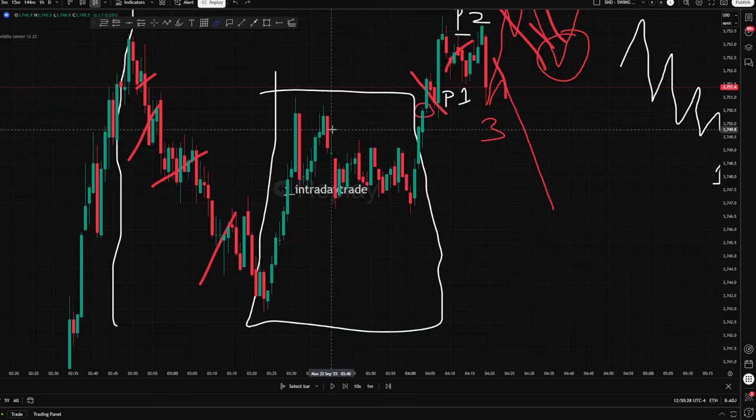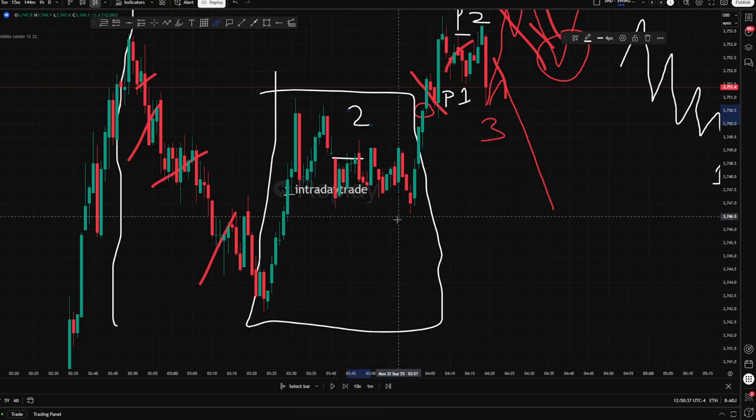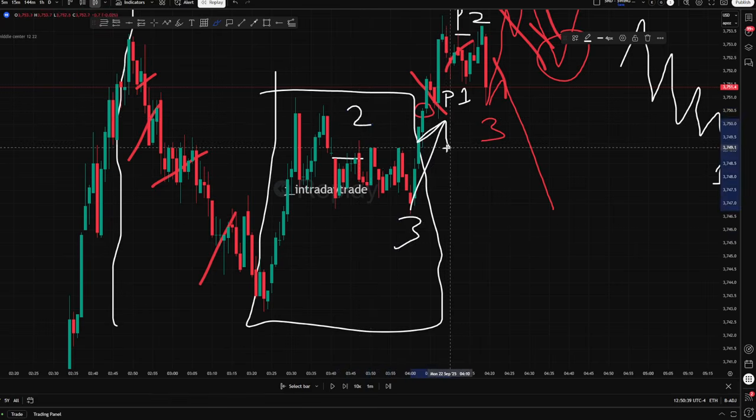But of course, I mentioned to you guys before that this right here is a CBC. Candle by candle is what that stands for. And that is a 2 into a 3 to turn around. So this is a breathing room on the smaller time frame.